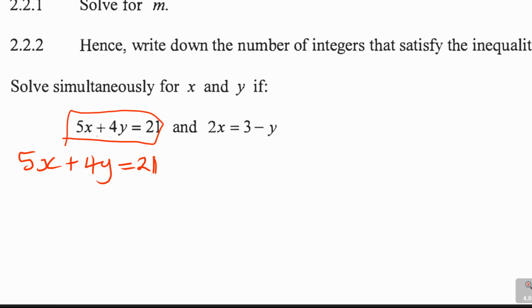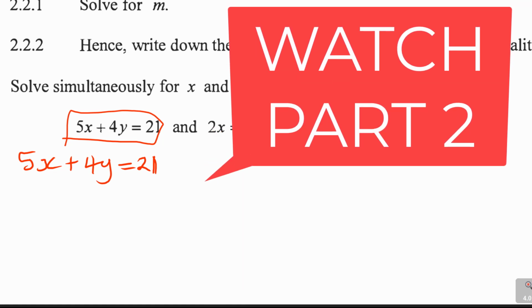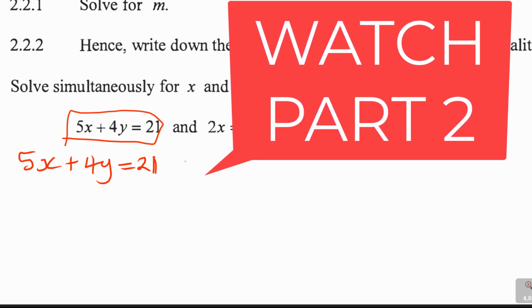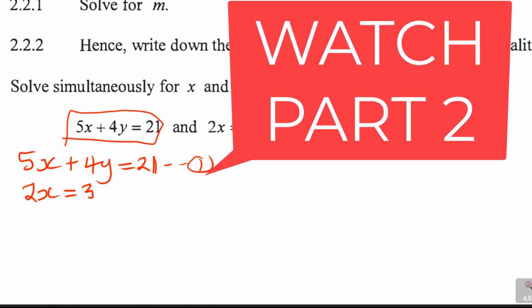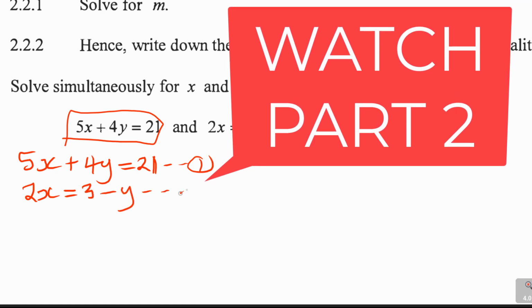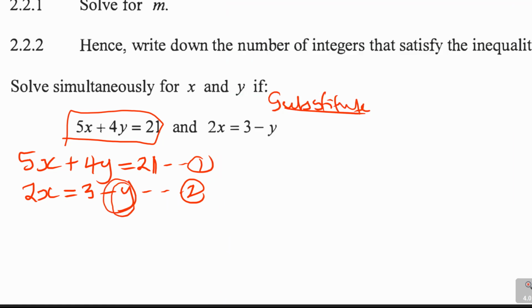So I'm gonna substitute here. It's good for your grade 12 later. Now this is equation 1. Then we go back to the other one. 2x is equal to 3 minus y is equation 2. But since I've got y alone there, I can use that